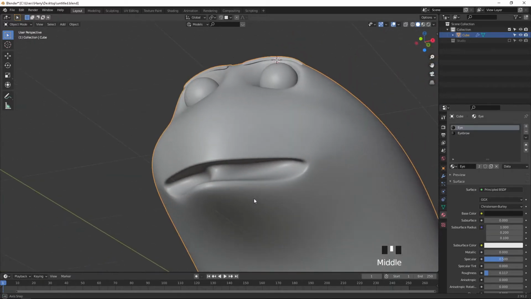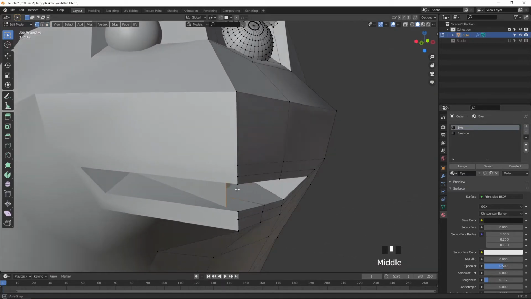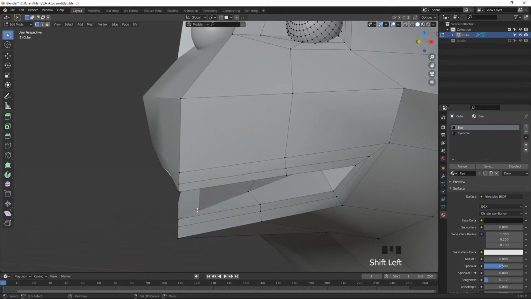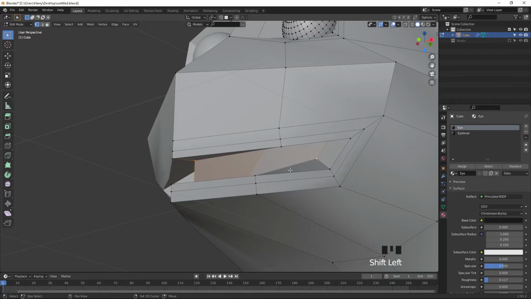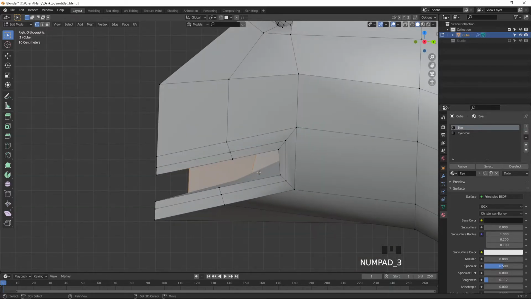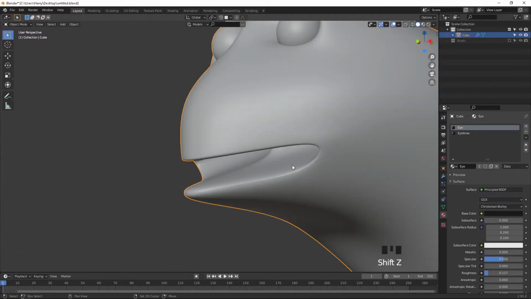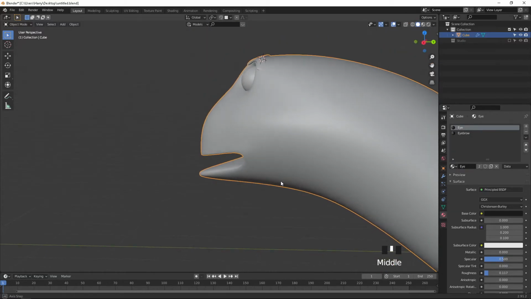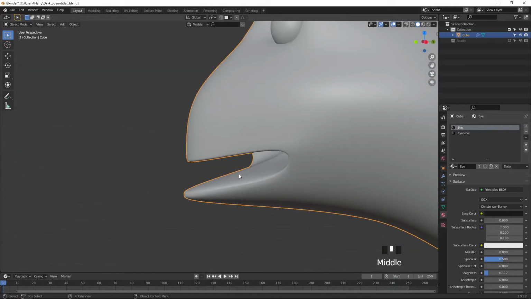and we can view, and we can do one more thing. Press 1 on the keyboard and select this one, Shift Z and select this one, and this one, and this one. Press 3 on the keyboard, Shift Z, G to move inside. So our mouth is ready now. This one we are going to keep closed for timing, so we are not going to give any teeth for now, we are going to keep it closed.